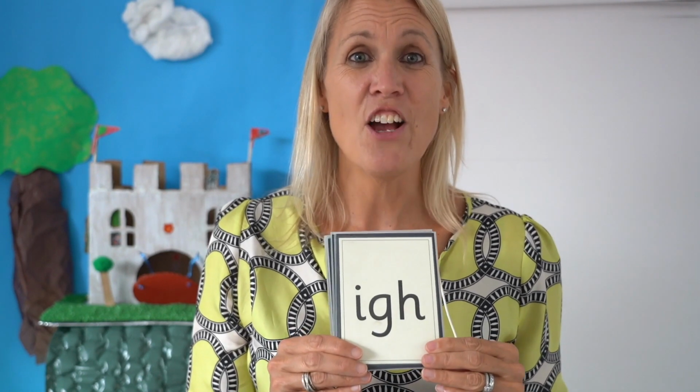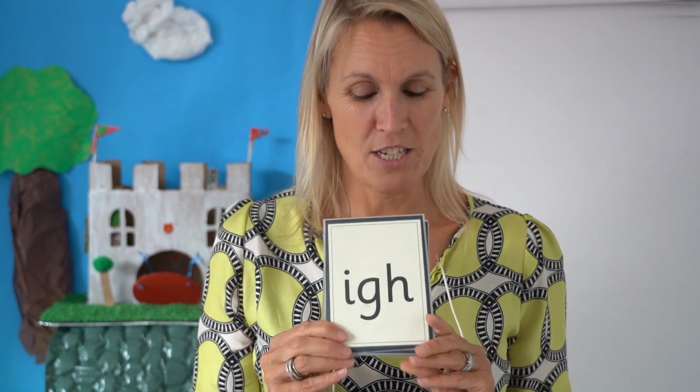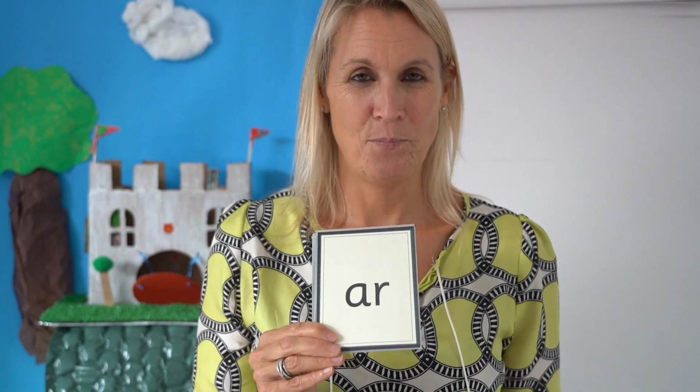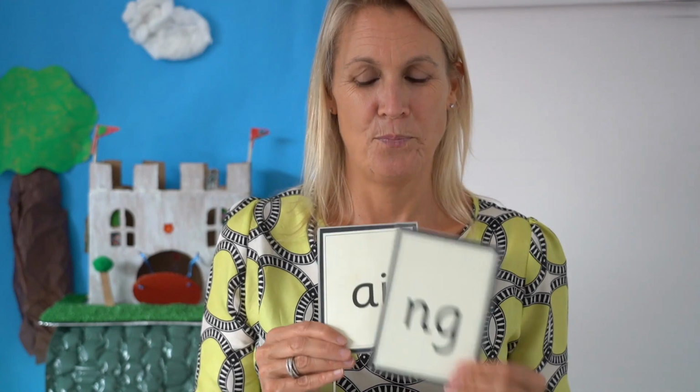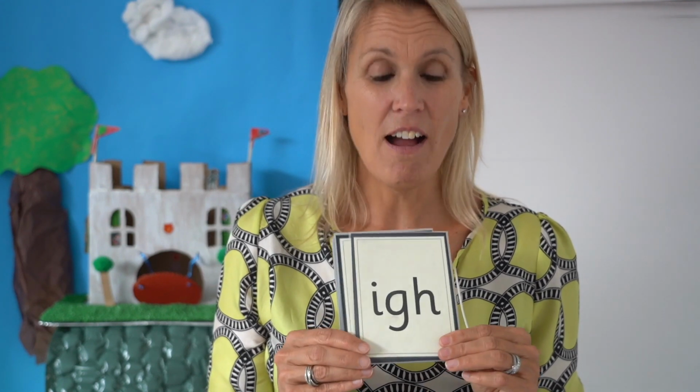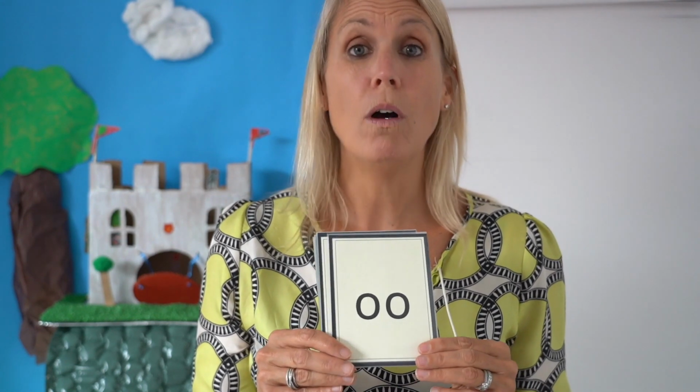Let's read some phonemes you already know. I'll show you the graphemes on the cards and I want you to read them aloud. This first card says I and this digraph says R. Now it's your turn. Off you go. Well done. Let's check you got them right. Read aloud with me. I, R, E, U or